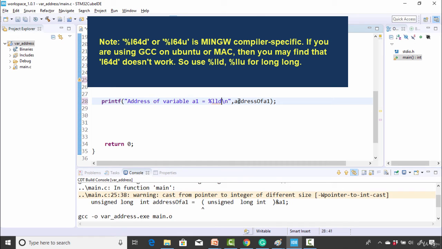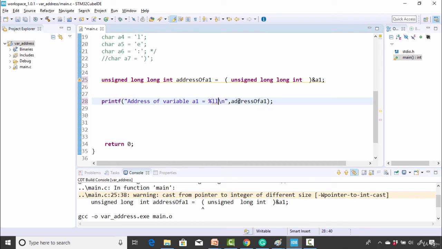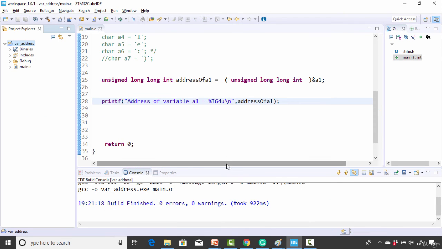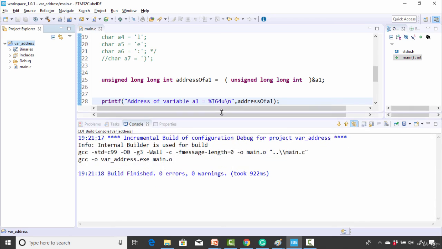LLU is for long long unsigned integer. For MinGW, you have to use I64 with D or U. Since we are trying to print unsigned data, let's use U, I64U. Now let's try to compile. Now there are no warnings at all.